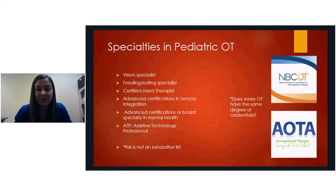I have the one question here, does every OT have the same degree or credentials? So this tends to be kind of confusing right now because there's a dual entry point to the profession. So right now you have to have either a master's in occupational therapy or an entry-level doctorate. Both will take the same board exam, which is regulated by the National Board for Certification in Occupational Therapy. And then every student who is able to sit for that board exam will have come from an accredited university,